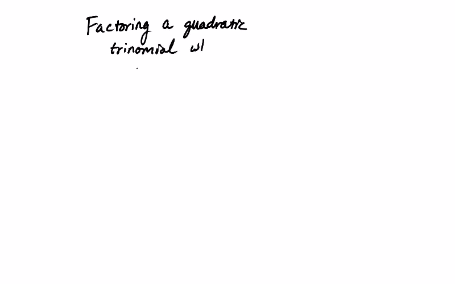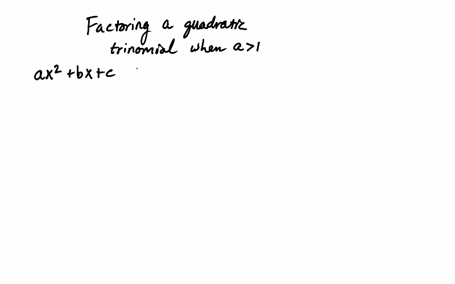Alright, so this lesson is going to be a review of factoring a quadratic trinomial, so that means 3 terms, when a is greater than 1. So a quadratic trinomial looks like this: ax squared plus bx plus c, kind of that standard form of a